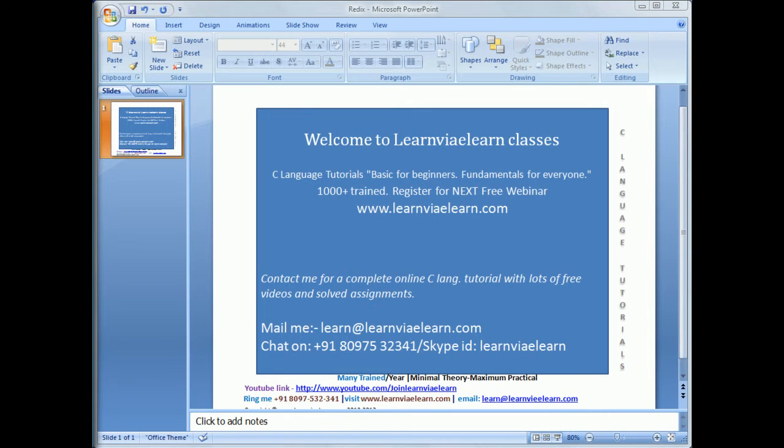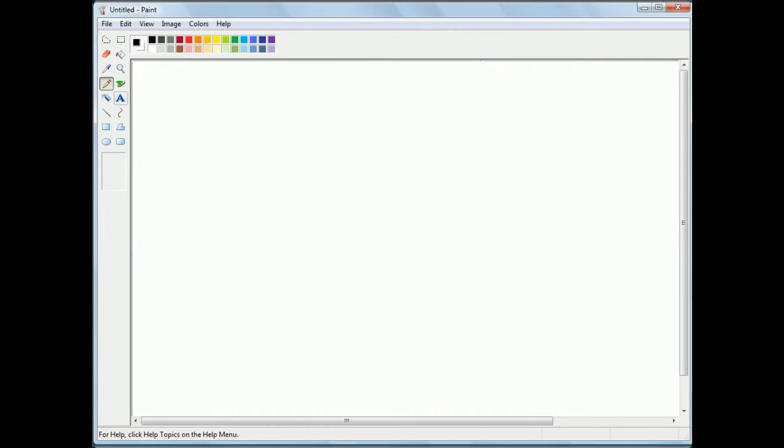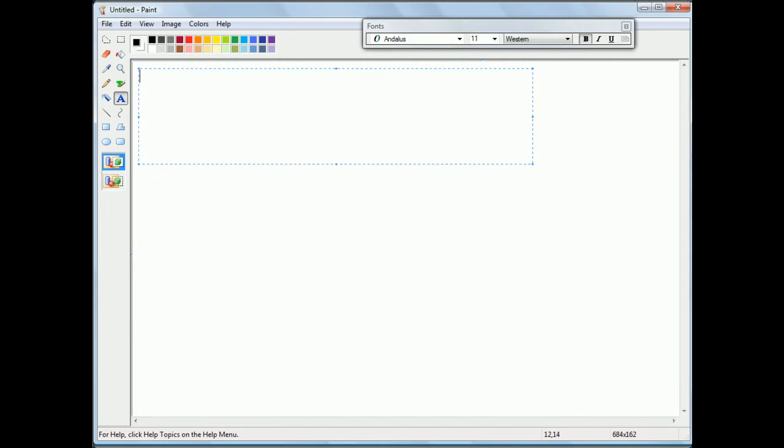Alright, so in today's class we will cover radix sort. Okay, so let's get started. So let me write down radix sort. Let me increase the font size. So what is radix sort? The radix sort